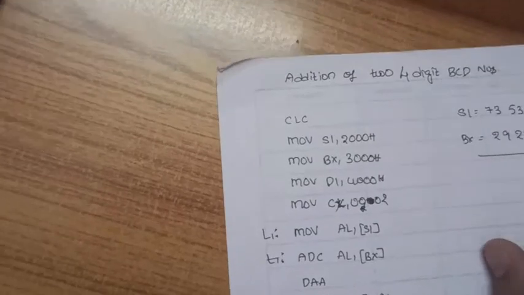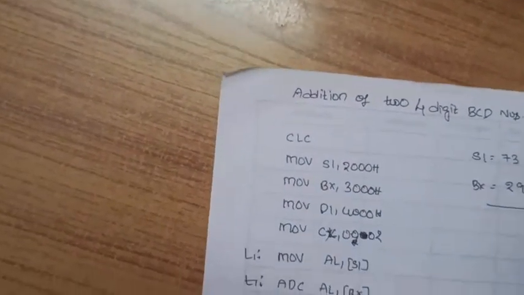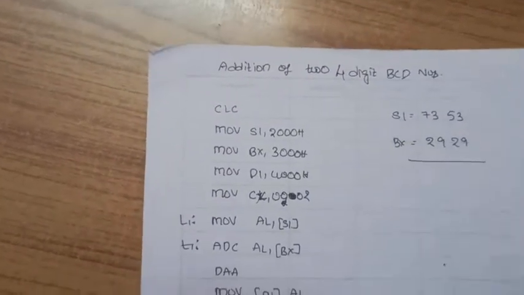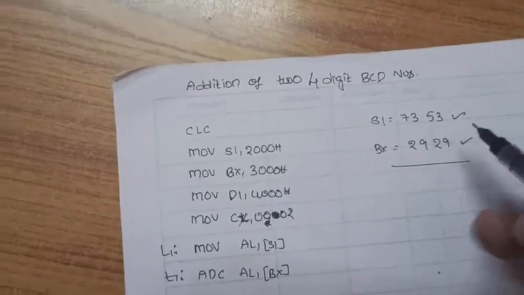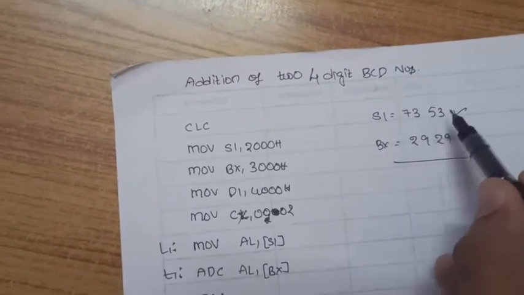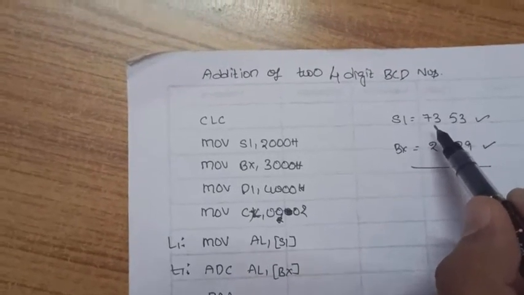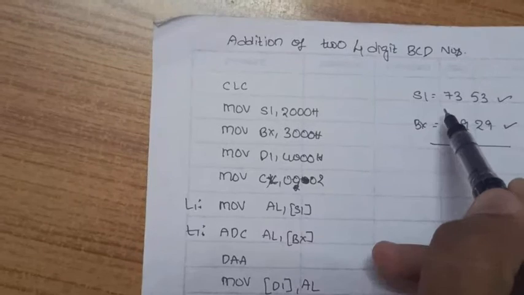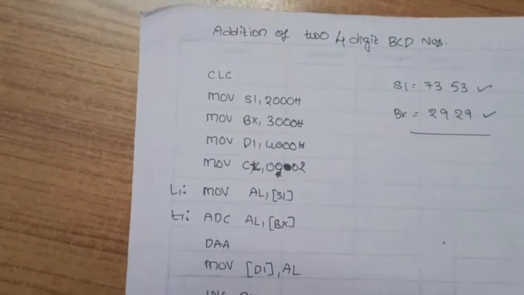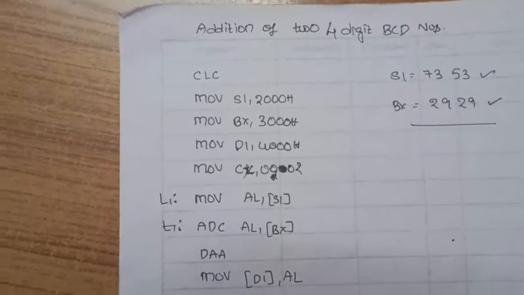So today we are here with one more 8086 assembly language program called addition of two 4-digit BCD numbers. What is the meaning of 4-digit BCD numbers? We are going to take two 4-digit BCD numbers, which means all the digits in these numbers should be in the BCD range. It should not go for more than 9, or a hexadecimal number should not be there in this data. That's why this is called two 4-digit BCD number addition we are going to perform, and the result also should be in the BCD range itself. It cannot exceed the BCD range. Let us see how this works.